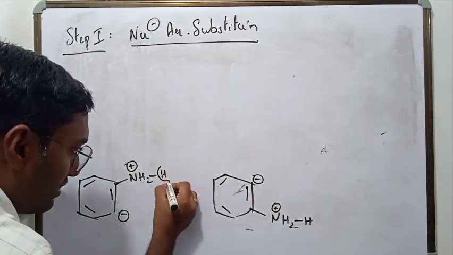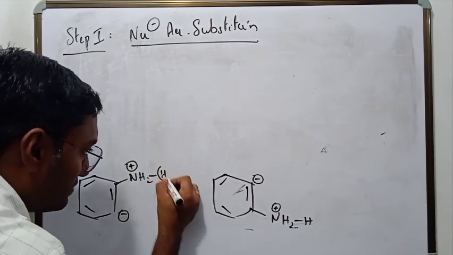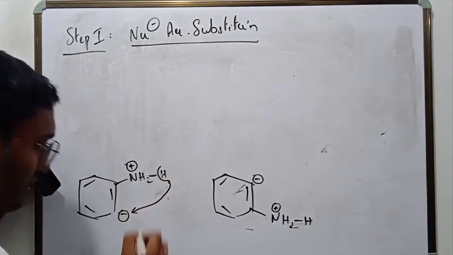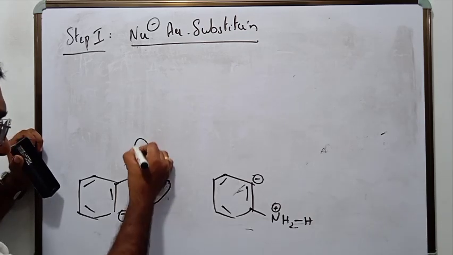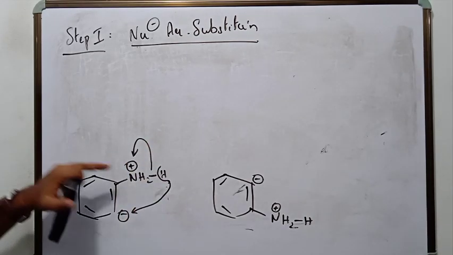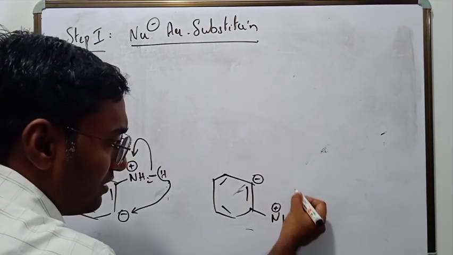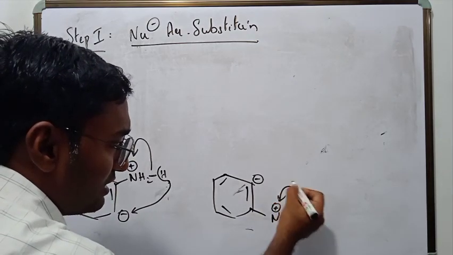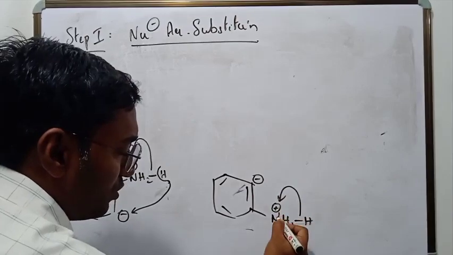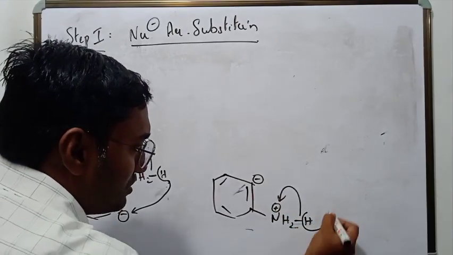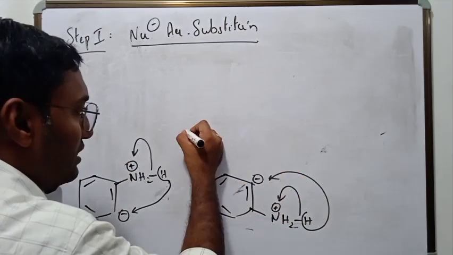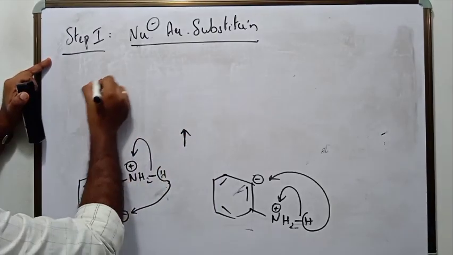This is called as internal proton transfer. H can go here, right? And this can come here as pair and remove this positive sign. Here also there is a pull of electron here at this side. When it pulls the electron towards itself, H plus goes and comes here. So the net result here are two structures,